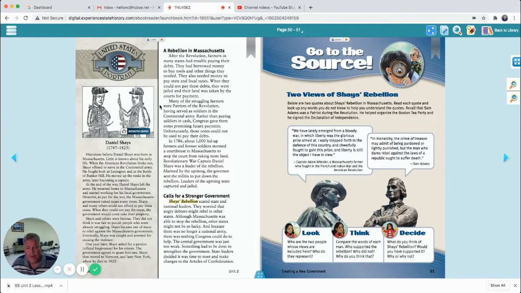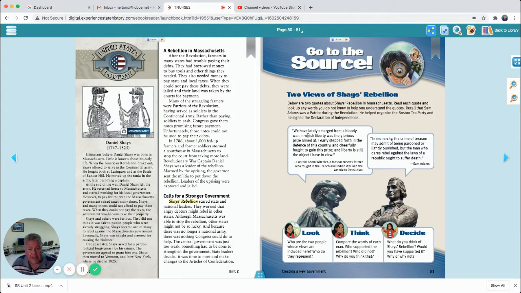So you've got two people here. You've got Captain Adam Wheeler and Sam Adams. And so they're talking about Daniel Shays and the farmers rebelling against the government. Let's see what each person says. So Captain Adam Wheeler, who was a Massachusetts farmer who fought in the French and Indian War and the American